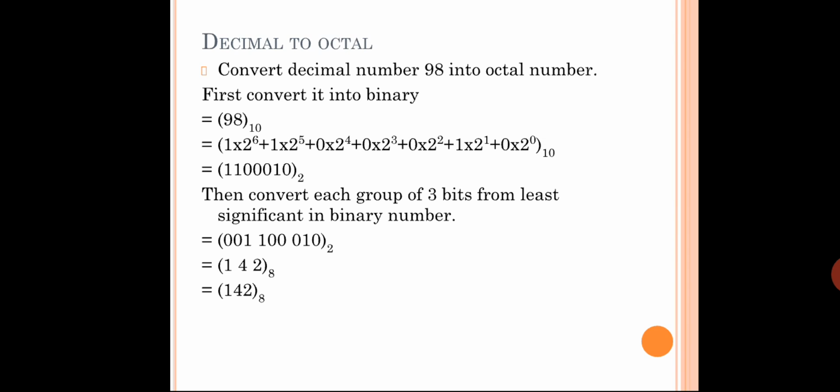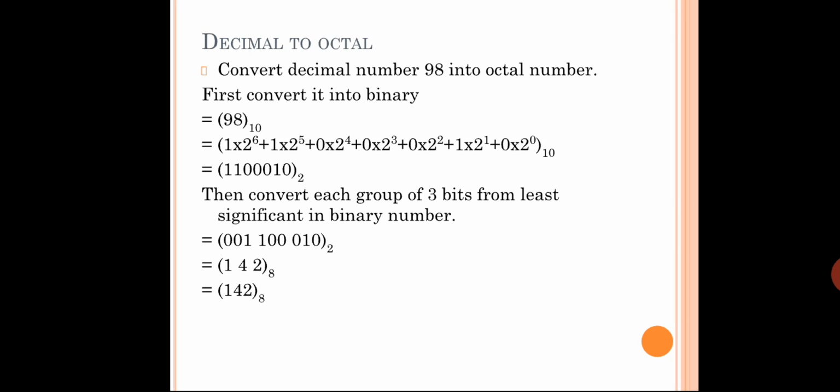So ultimately, after converting 98 to binary, what will be the value? 110010, isn't it? Correct. So based on the position values only, you can make out the binary you are going to get. They have represented this also. Can you see that third line in the calculation part? They have gone for brackets as well as the base value. So you can represent the decimal value 98 in binary as 110010. So this is the binary value.